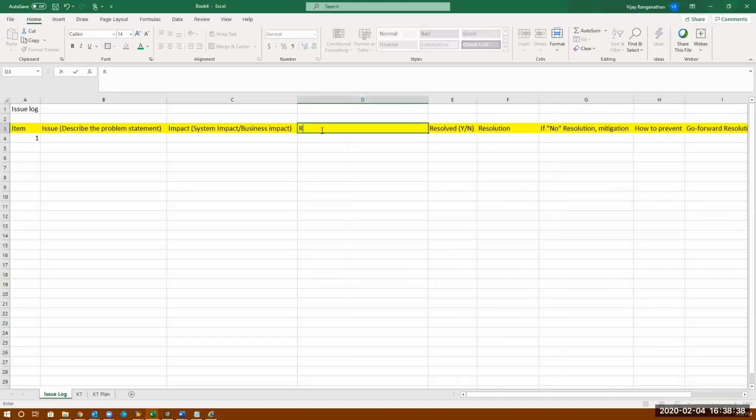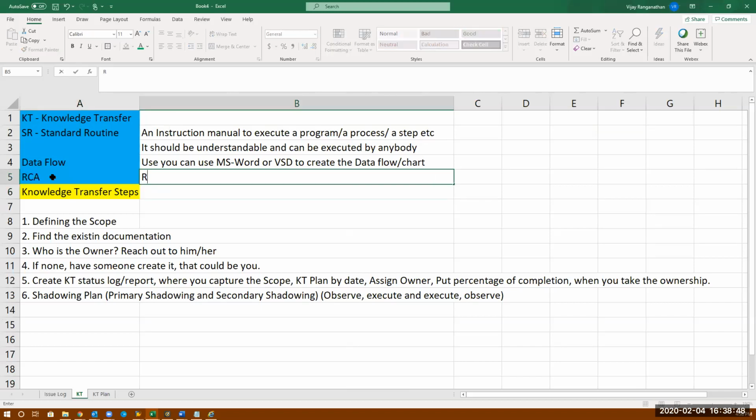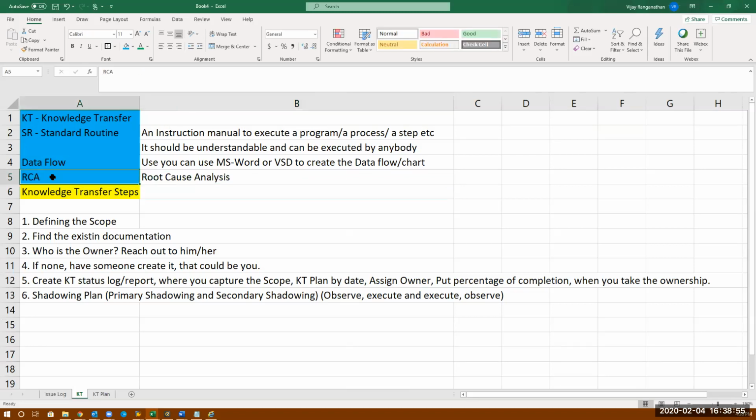That's something called root cause. I'm going to add one more thing here, as you see here. So something called RCA, root cause analysis. So if there's an issue that happens, we have to define a root cause, why this happened, okay? Right? So we have to define when there's something, a ticket comes to your queue, a bank